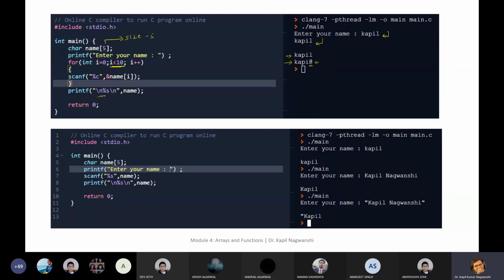Now come to next program, enter your name. So I had written this name, so it will display the name correctly. Now I had entered this name, fine. So including blank space also, it will automatically pick, and here white space encountered. So due to this, only this much will be printed here. Now, if I use double quote also, it will start from double quote and then it will print only 5 characters. So 1 character is also printed here.